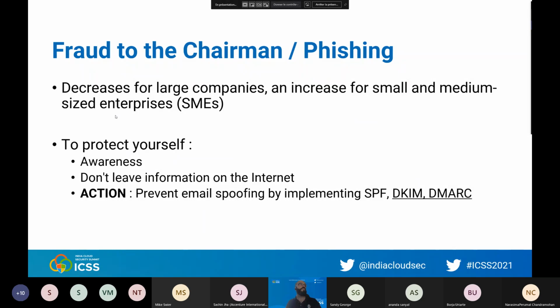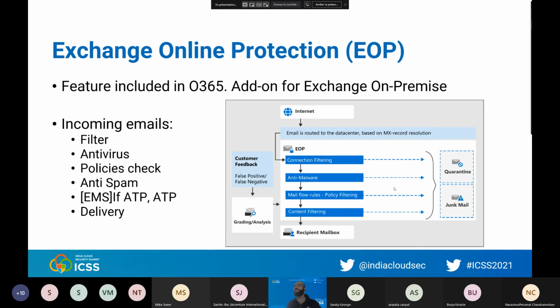So things to do: implement DKIM and DMARC. If you Google it, you will find those PowerShell lines quite easily. It's a matter of half a day to implement if you don't know how to do it. To prevent this kind of phishing, it's really important. Implement DKIM and DMARC to protect your email and avoid people trying to spoof your identity.